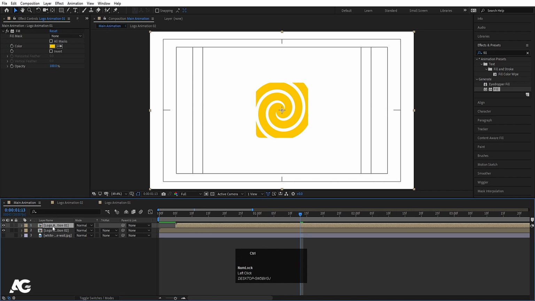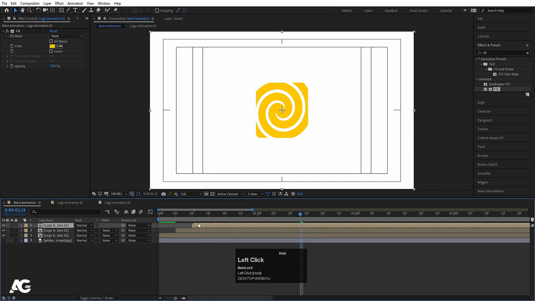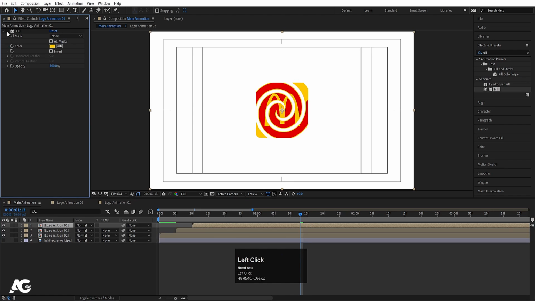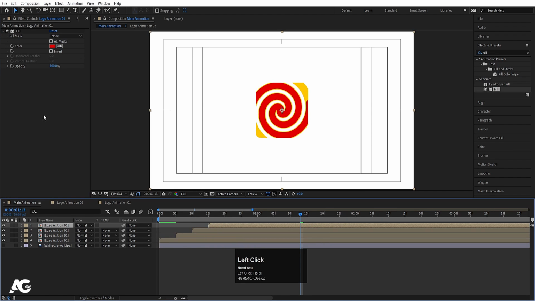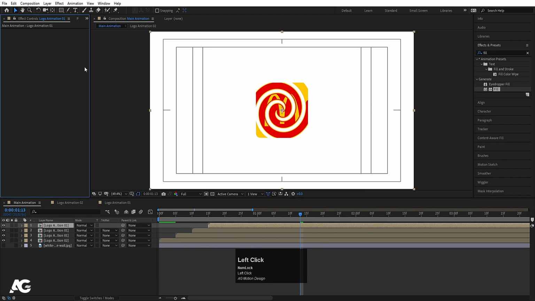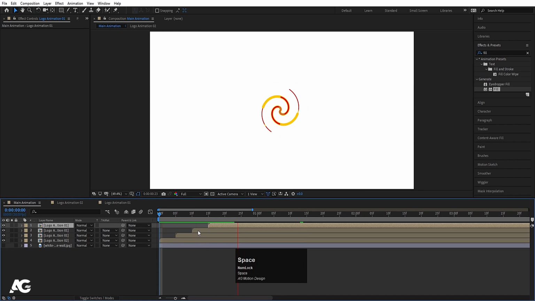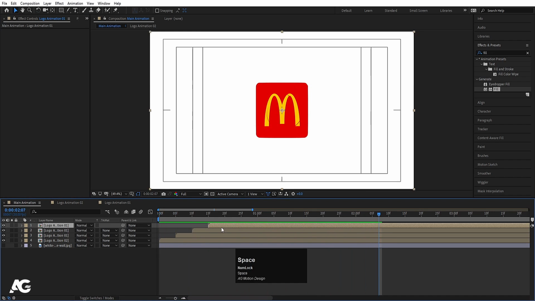Now select this layer, hit Ctrl D to duplicate it, and let's move this over here, and again I'll hide this fill, and with the help of this picker I'll choose this red color. Let's enable it again. Now hit Ctrl D and move this over here, and now we don't want that fill, so I'll delete it. So now if I see, I'll get this kind of logo reveal